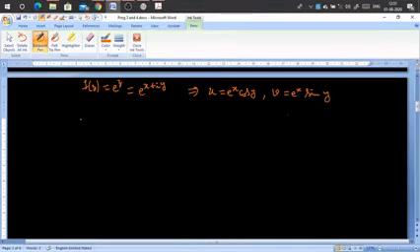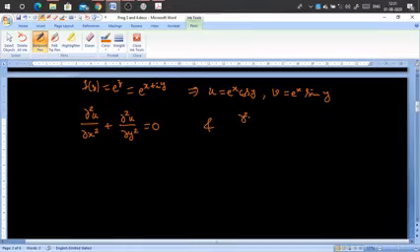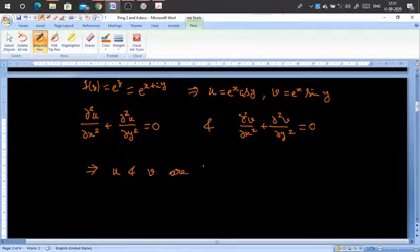So once we have got u and v, because u and v are in terms of x and y, we are supposed to check whether dou square u by dou x square plus dou square u by dou y square equal to 0, and the same way dou square v by dou x square plus dou square v by dou y square equal to 0. Okay, these are the conditions to be verified. For these two functions, it's very trivial to check whether these two expressions hold. So these two expressions obviously hold because the given function is analytic. Therefore, we conclude that u and v are harmonic.